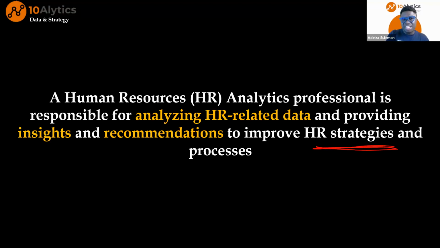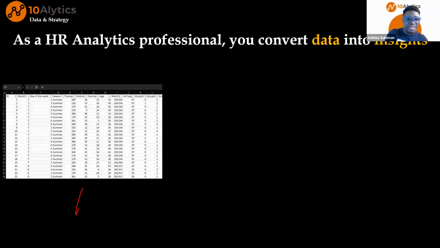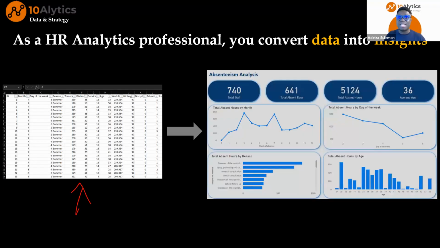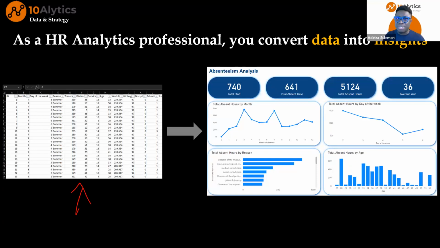So you're not recommending strategies based on what you think has worked 5 years, 10 years ago. No, you are making those decisions based on what the data has told you. What's our best talent pipeline? Our best talent pipeline is LinkedIn. What's the role that gives us the best performance from that talent pipeline? The content writer, followed by the project manager, and so on and so forth. So that's the HR analyst that can convert data that looks like this and convert that data into something that looks like this to take decisions and help the company answer key questions.